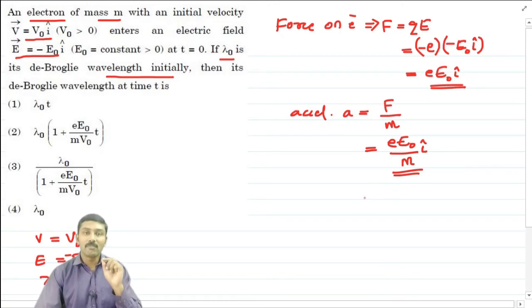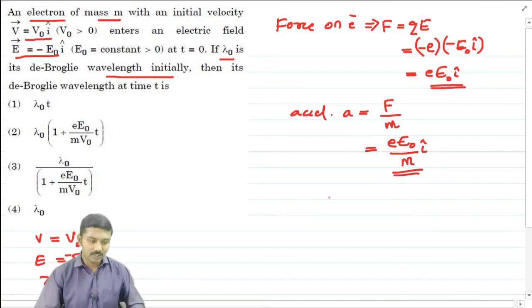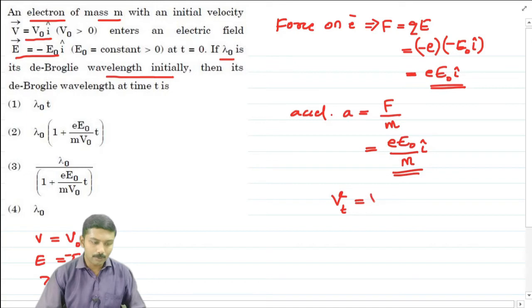So what will be the velocity of the electron after a time t? We can apply Newton's equations of motion, the first equation of motion to be precise. The first equation shows that velocity after a time t is equal to initial velocity plus acceleration multiplied by time. So we can substitute the initial velocity, which is already given in our question. The initial velocity is v naught